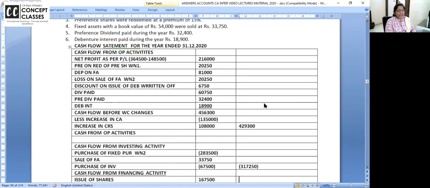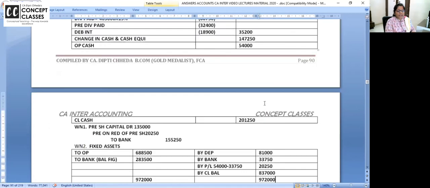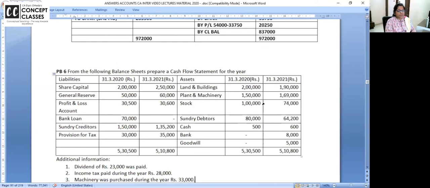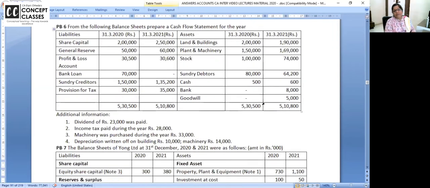So you have to check all the concepts, all the format, all the booster notes, and homework for you all is problem number 6. I'm not going to do it in class. It's very simple. Star mark 7. I'll make nice working notes and show you everything.